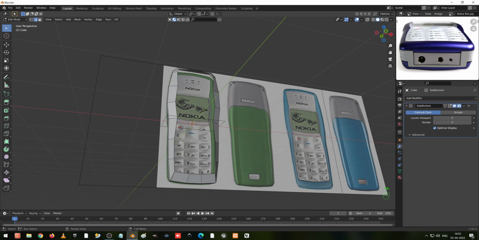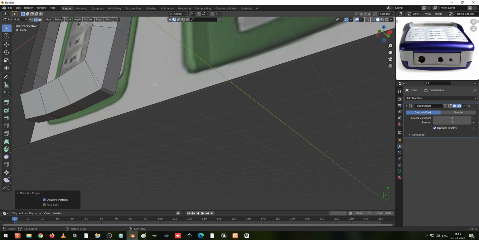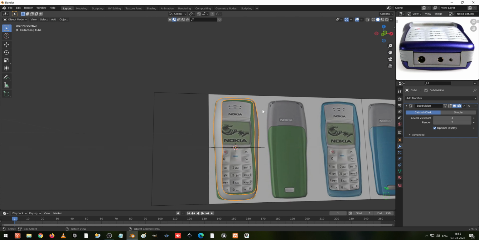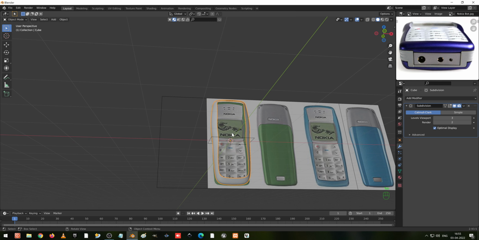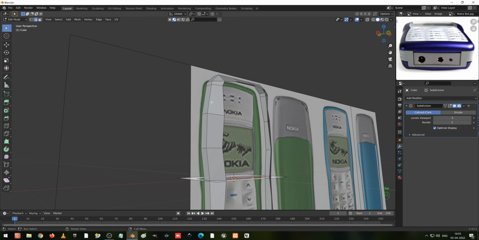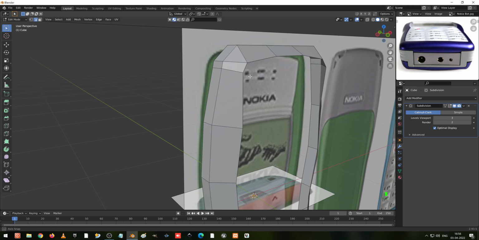Now I'm going to select these two and X to dissolve the edges, select these two and X to dissolve the edges, and now we can see we have a good shape here, and we are going to add something new here. Press Ctrl R and okay,